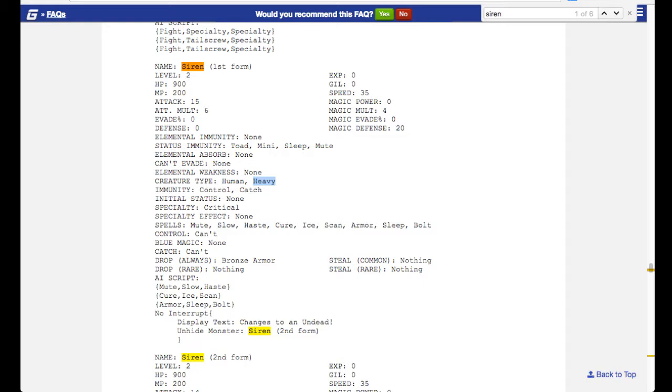Here's her AI script. First round, she will do mute, slow, or haste, a 1/3 chance to do each. So you have a 1 in 3 chance of getting any of these spells. Second round will be one of these: cure, ice, or scan. Again, equal chance to do any of those 3. Her third action is armor, sleep, or bolt. Okay, so she'll take this action, then this action, then this action, but not all of those things, right? So she could do mute, ice, then sleep, or she could do haste, scan, then armor, or any combination